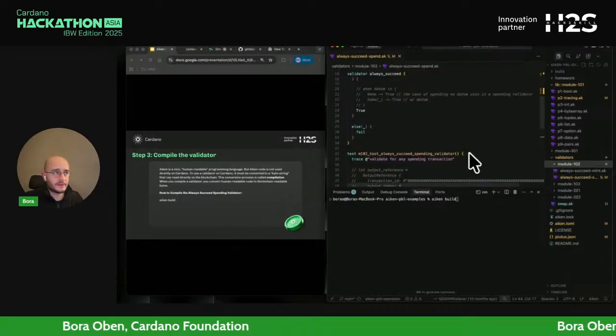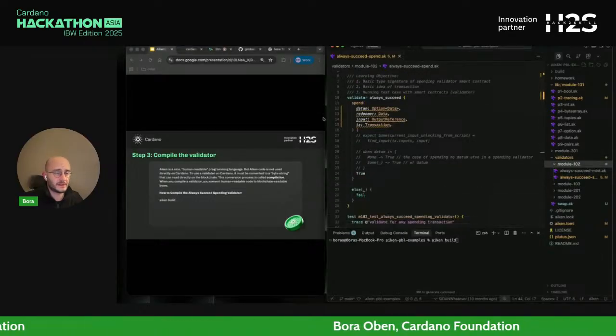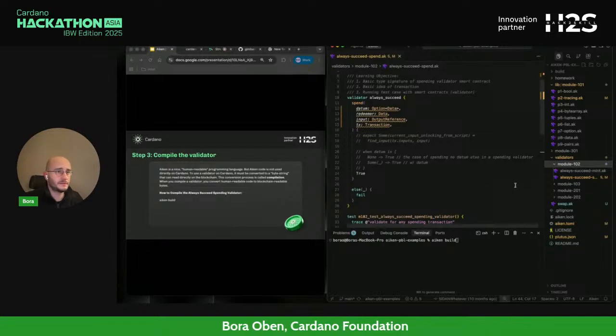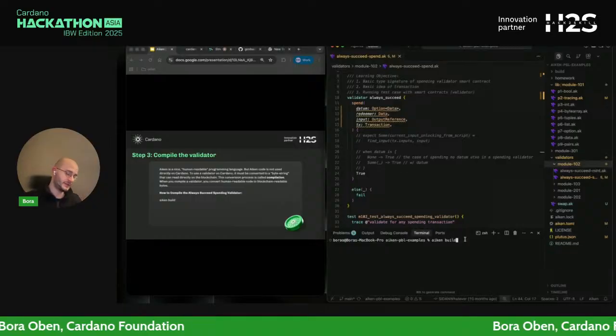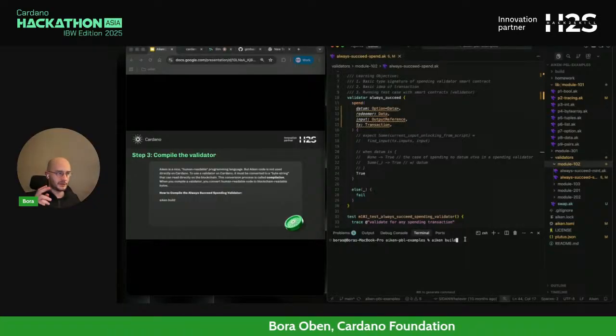We will also take a look at the proper smart contract in a bit, with some logic that we are actually trying to enforce. But another command that you need to know is how to compile your smart contract and later on deploy it.